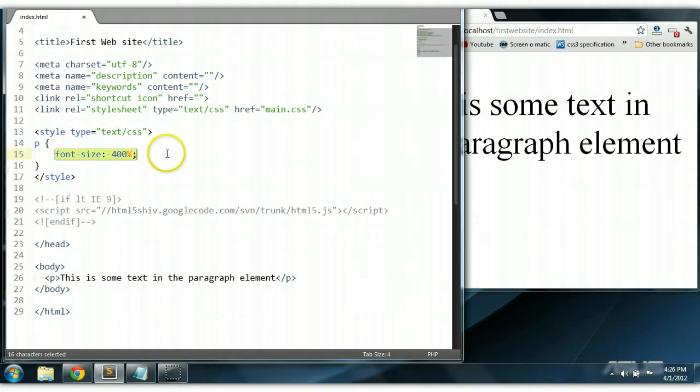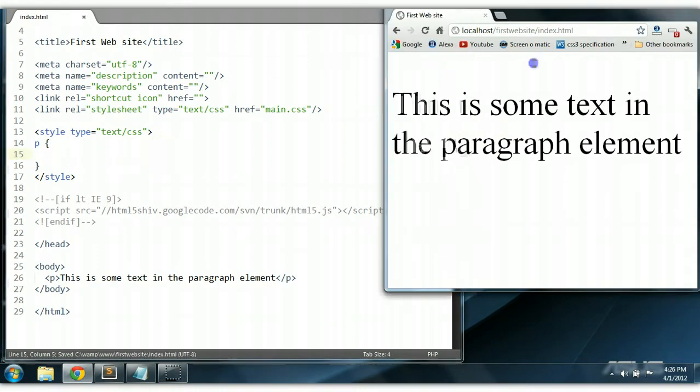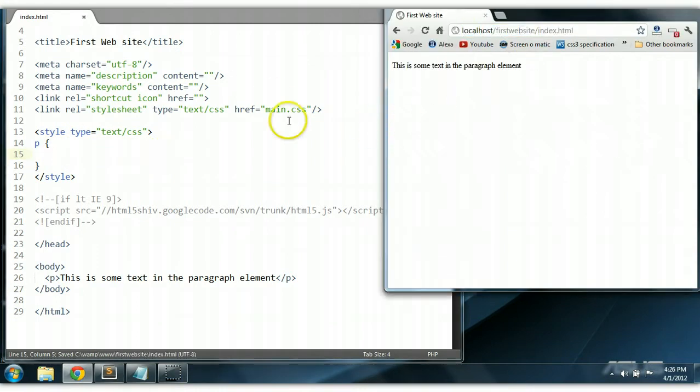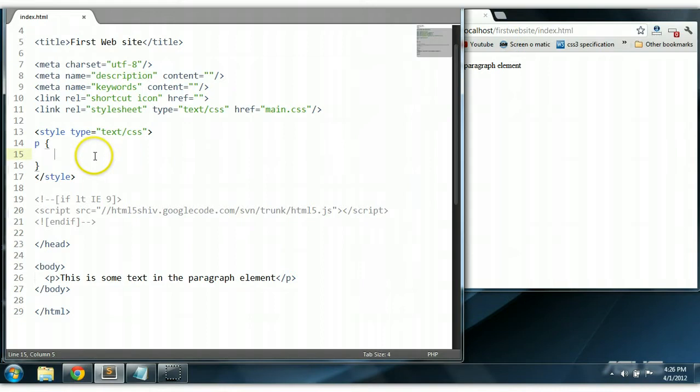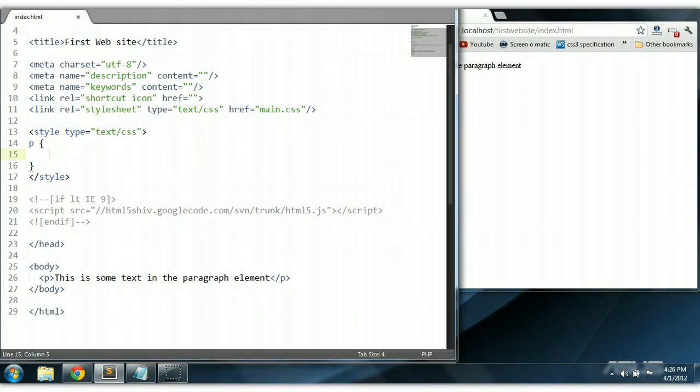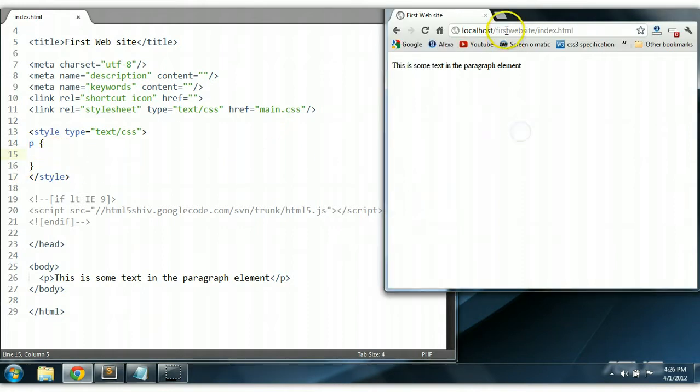Now we could also use ems. Ems are basically the same as percentages, but it's a traditional word used, I think, in traditional typography. However, it's also used in web development as well. First of all, 1 em refers to 100%, which is the normal size of the text. So we could say font size